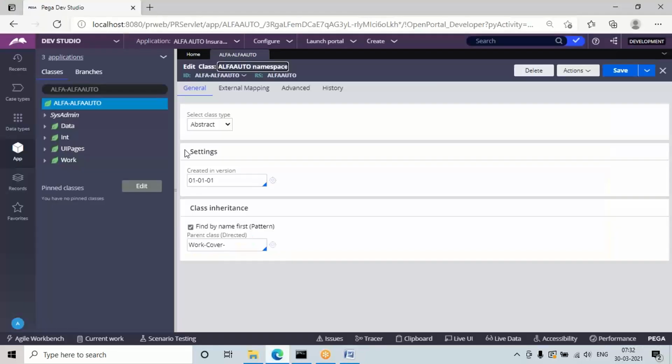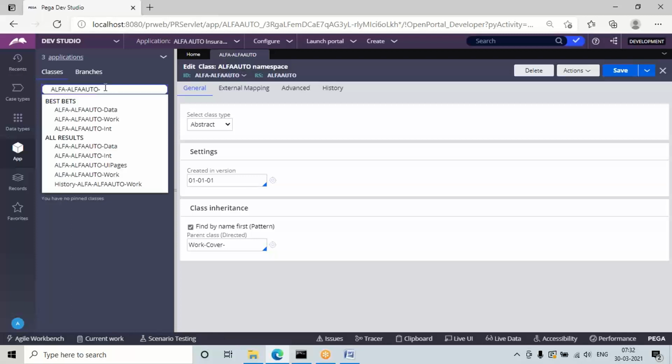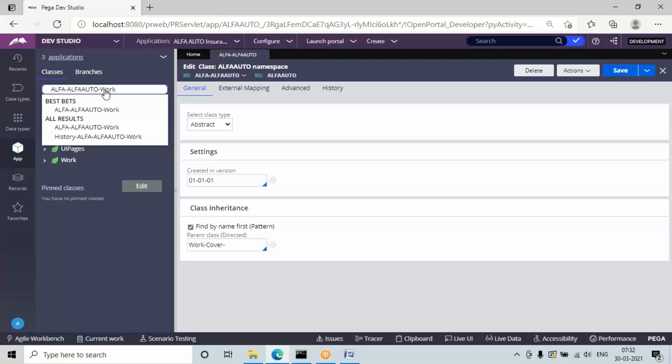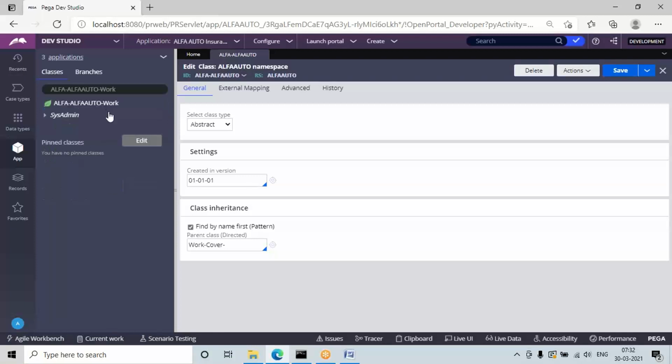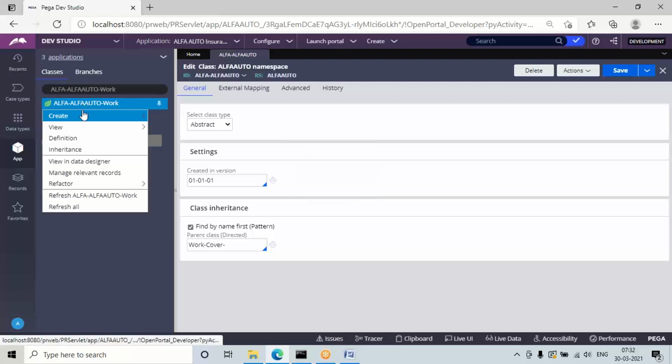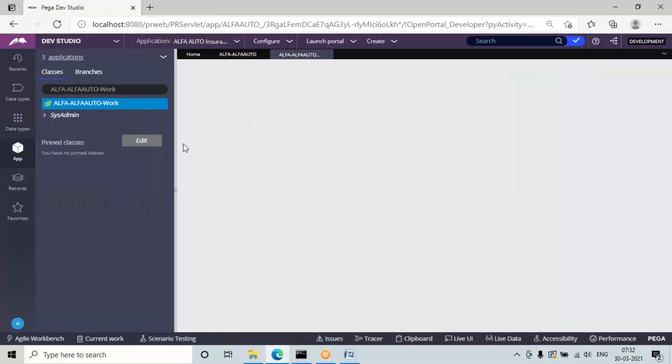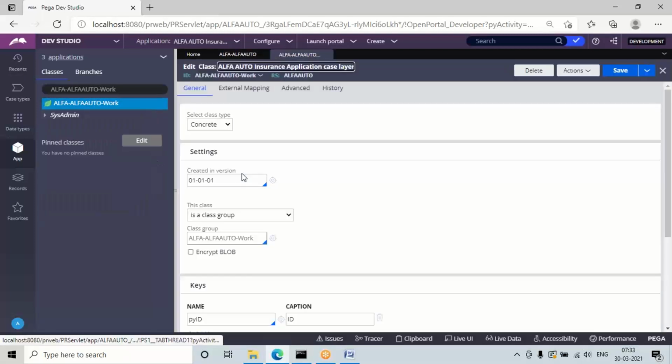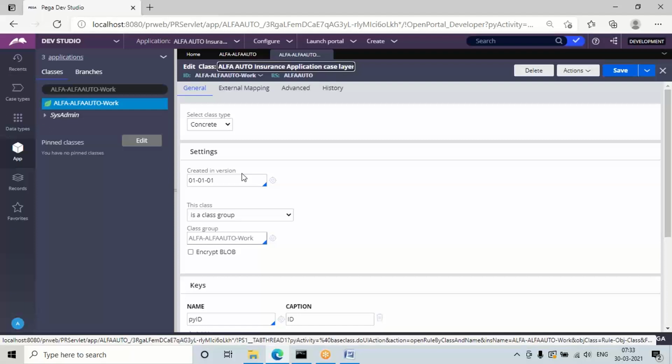And if you want to see that, we open that work layer. I'll show you how it is generated. It is in the background. So right click on this, click on definition. See, for today's topic no need to think too much. If you know what type of classes and which type those are, that is enough, guys.